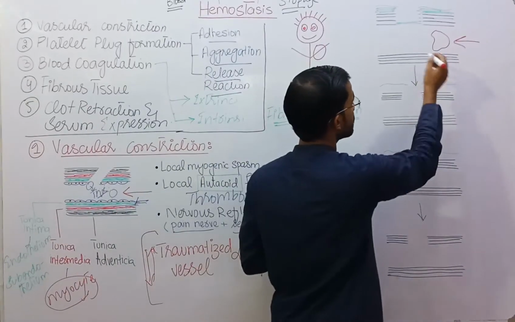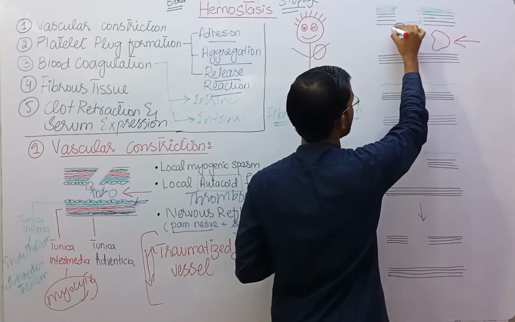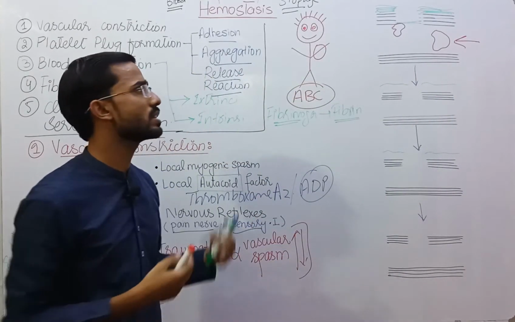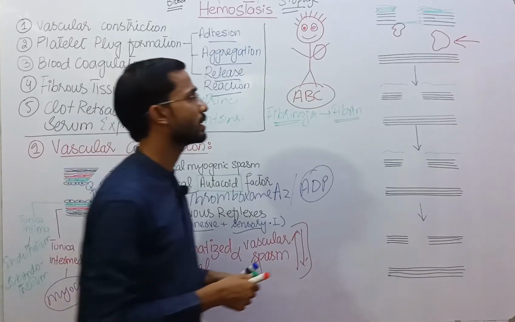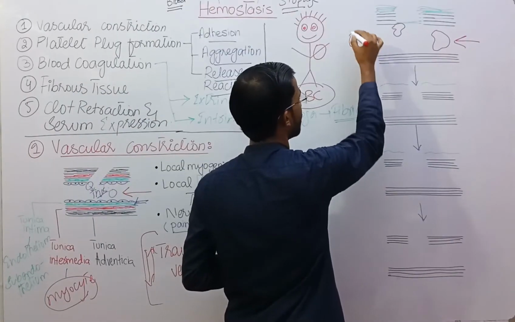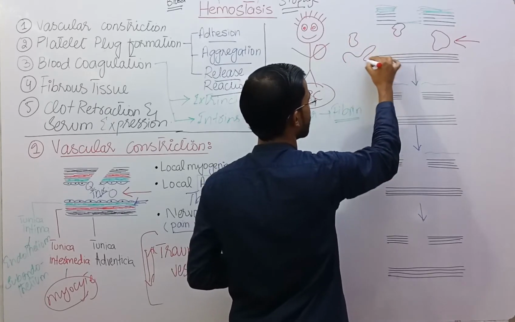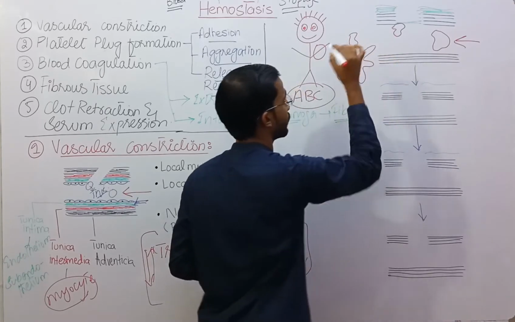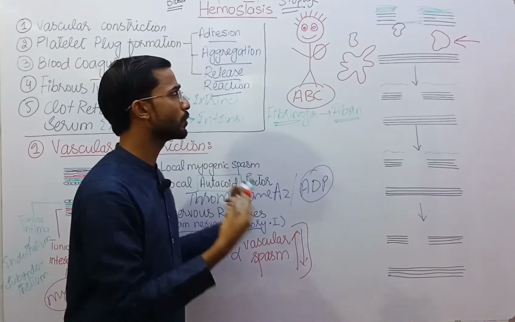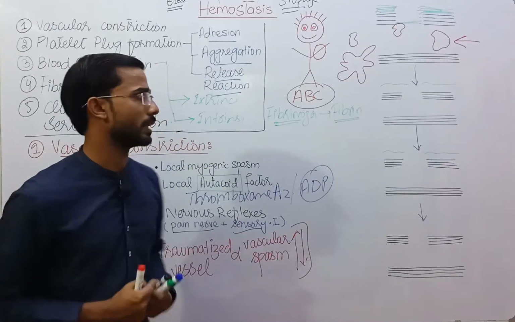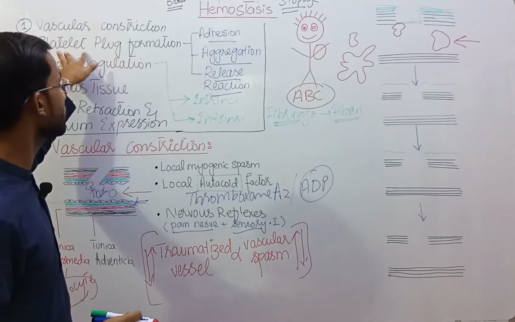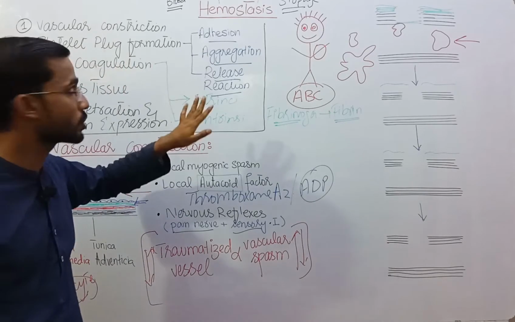Let's suppose this is a platelet which attaches to them, and after attaching it changes in shape, like there are different pseudopods. After attaching they change their shape like this one. Different pseudopods are produced from its membrane. Then, as you know, during platelet plug formation,